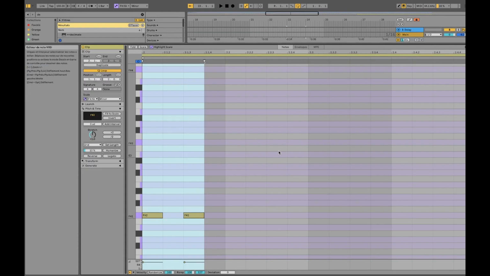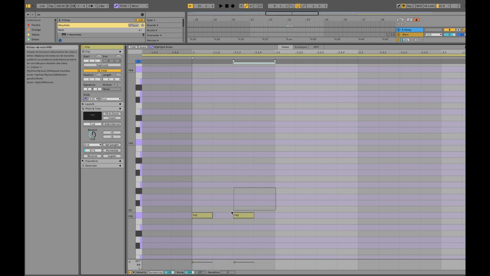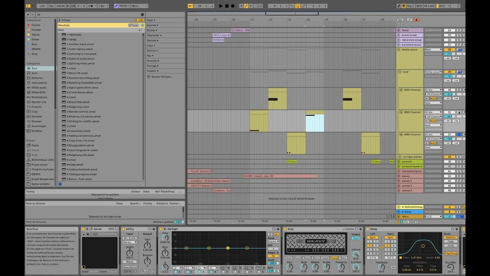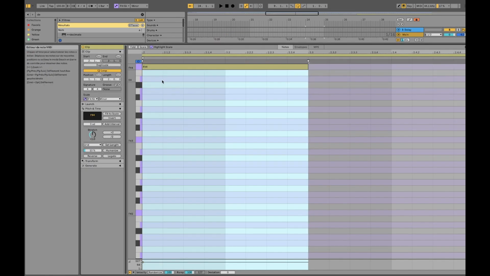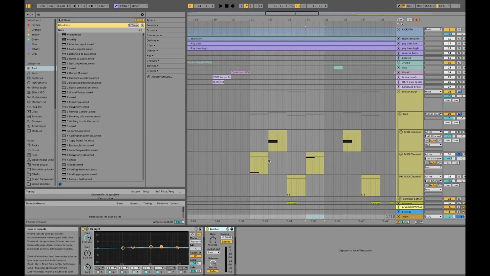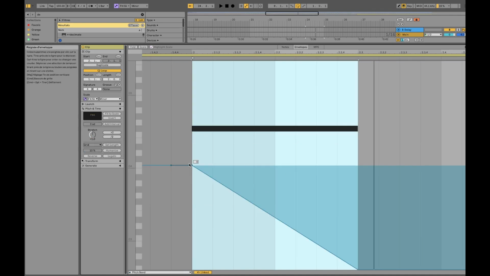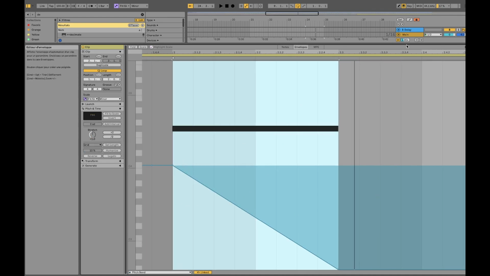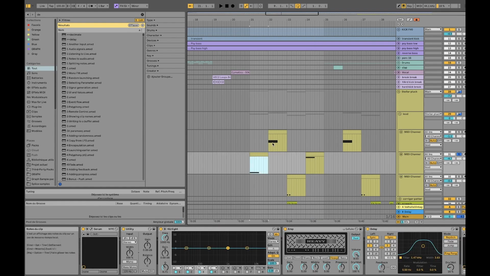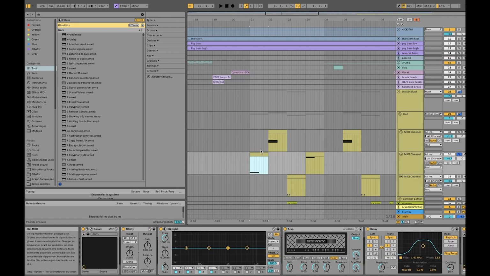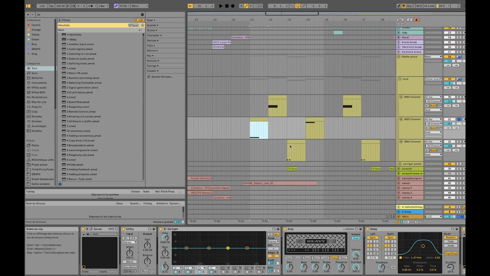Then I have another answer. It's just quick notes, but an octave below, sorry. And then you have this answer, it's an octave above. And I use the usual trick with the pitch envelope that goes down. So you get call and answer, call and answer. And what's moving and what's different is either the note, an octave higher or below, or